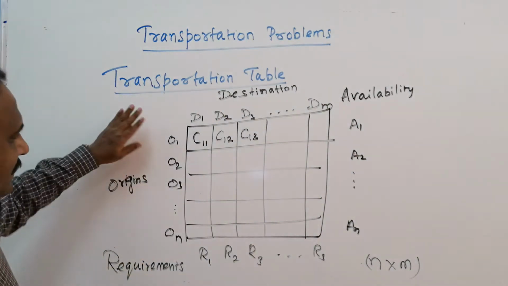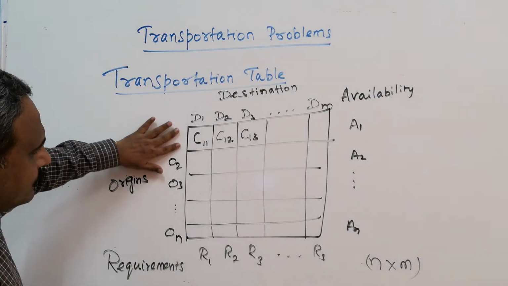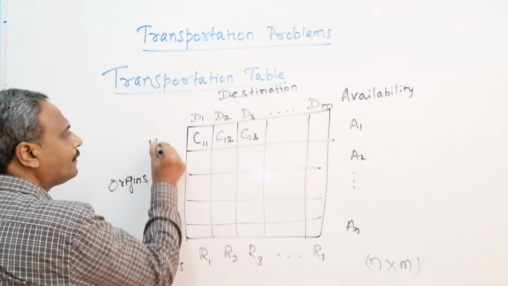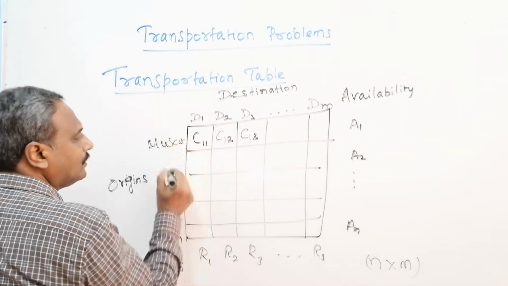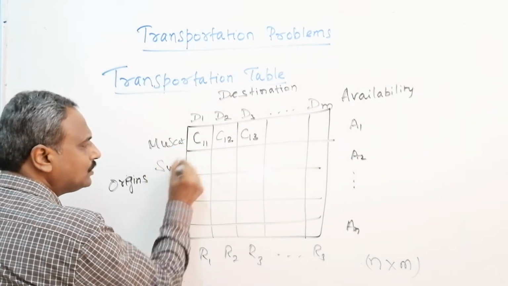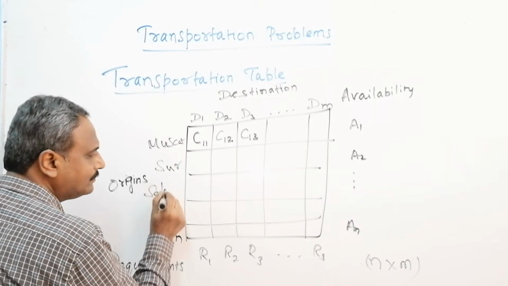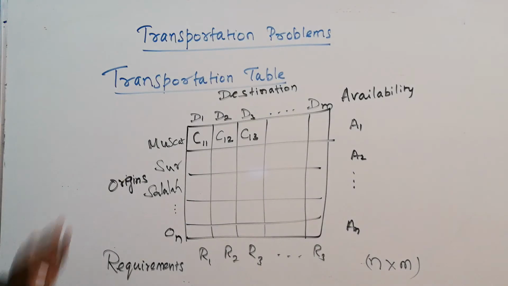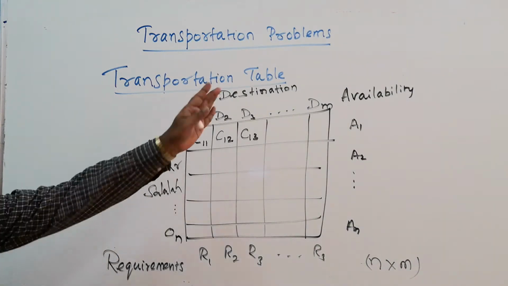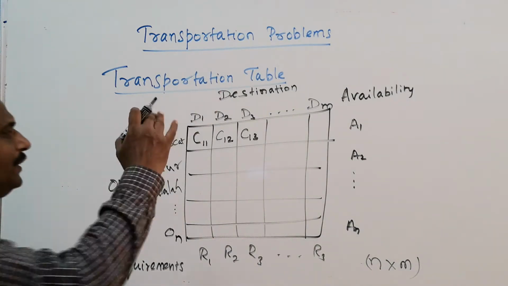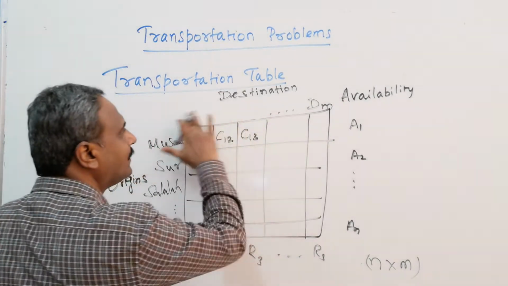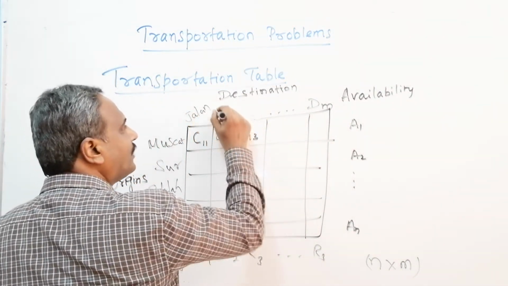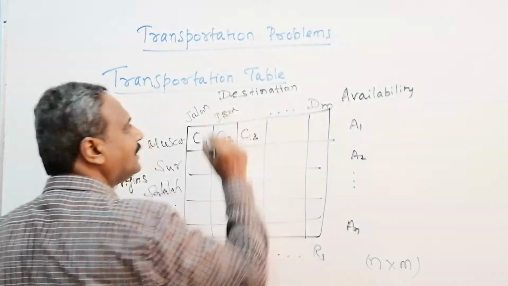Very simple thing. See, for example, I have some destinations. Let me take Mustard, I have Sohar, I have Salalah. Where the productions are going on, that is the corresponding origin. Maybe I have some other places. I want to check for Jalan, I want to check for Ibra. Maybe some shops are there in Ibra.